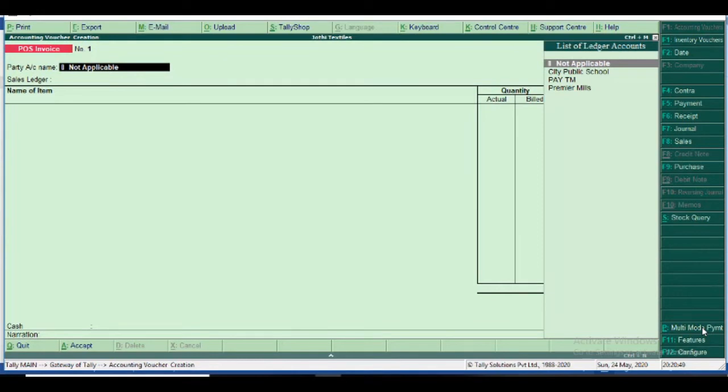Single payment mode means the retail sales with a single payment mode only, via cash.